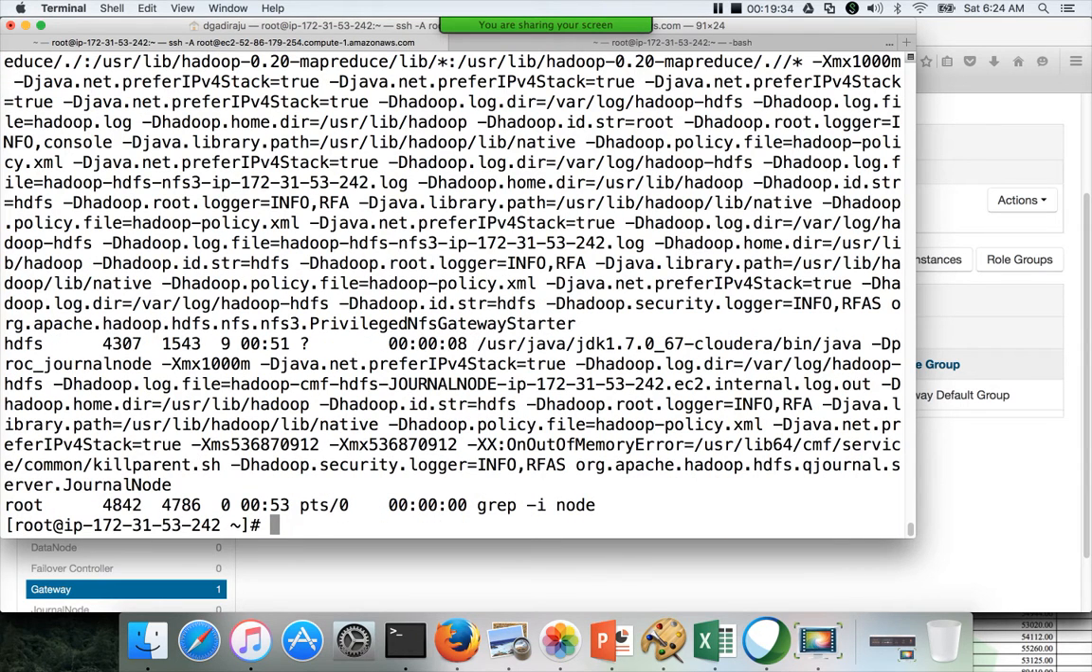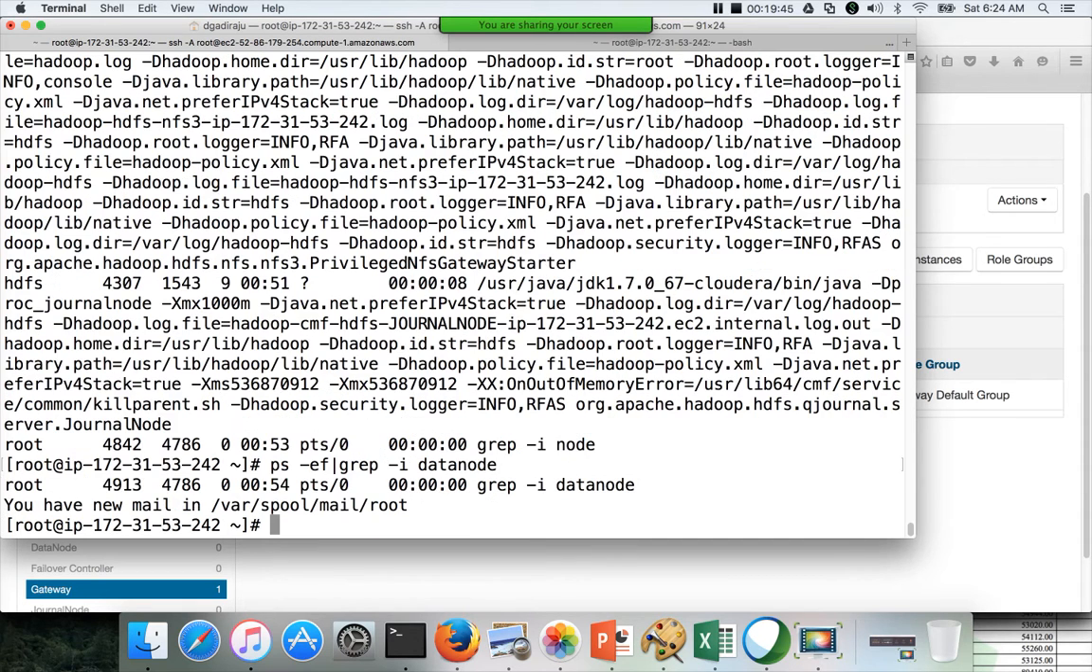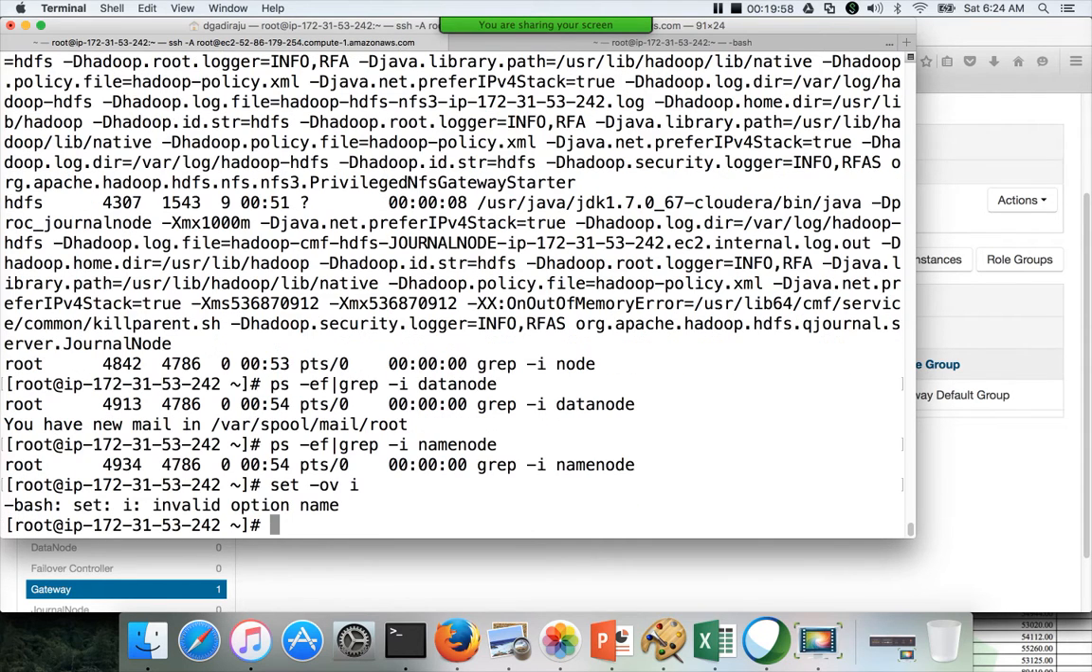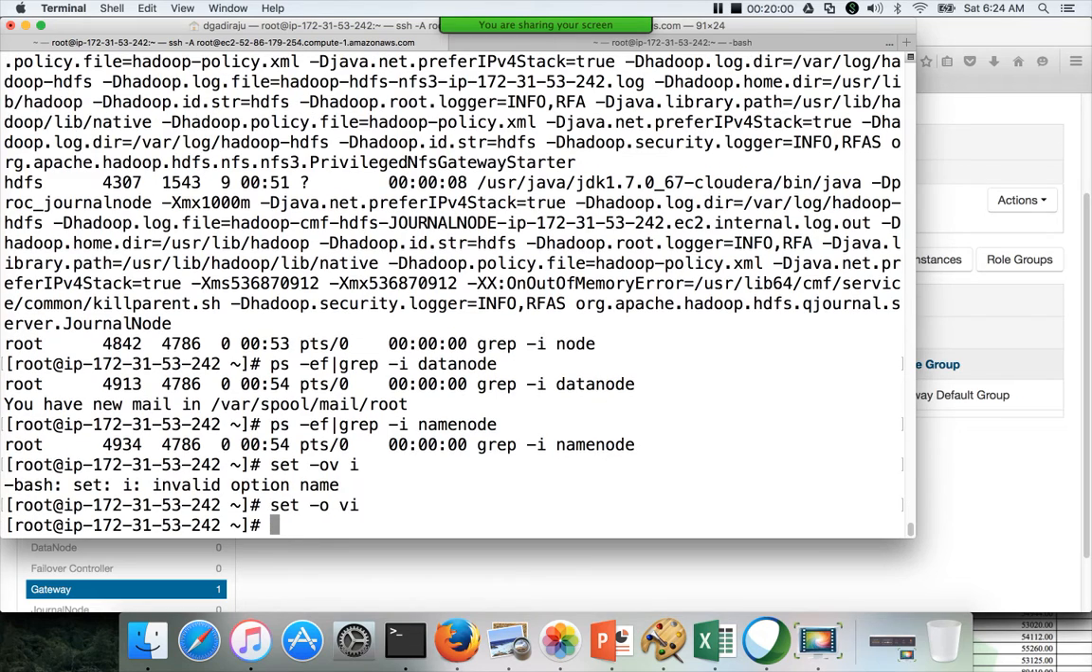So if you want to be particularly sure about it, then it's better to search for the actual data node and name node itself. We don't have data node on this, and also we don't have name node on this. Okay, and if you log into any of the other hosts in the cluster,